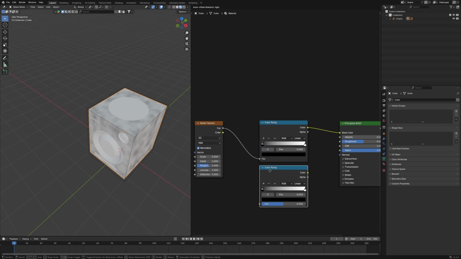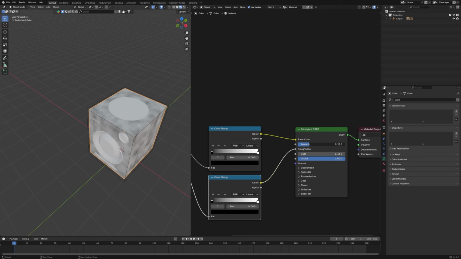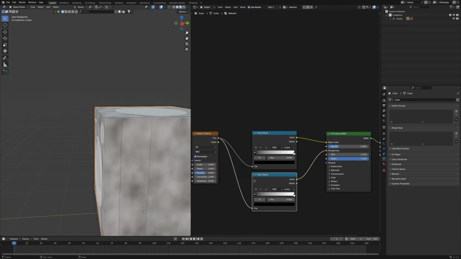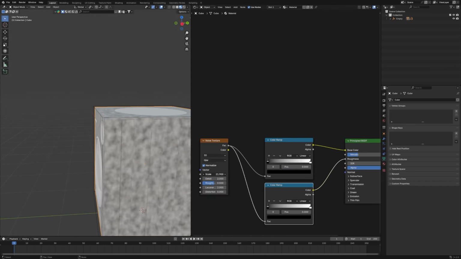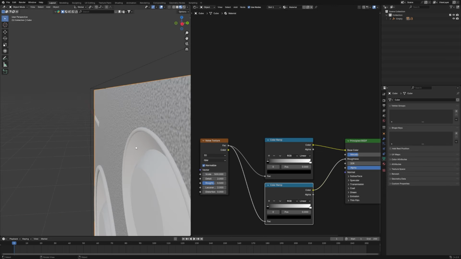I'm gonna duplicate this color ramp, and then connect into the second one, and then connect this color into the roughness, and after that we can bring up the metallic just a little bit, not so much, but you can put it more. But here we can edit more into like 500 and 1000,